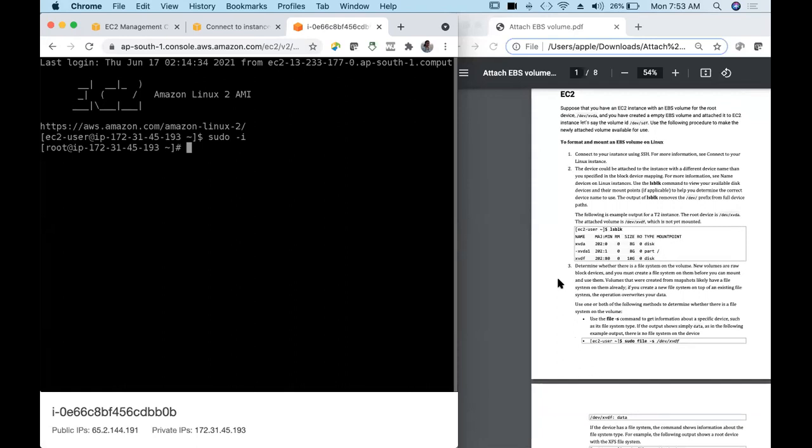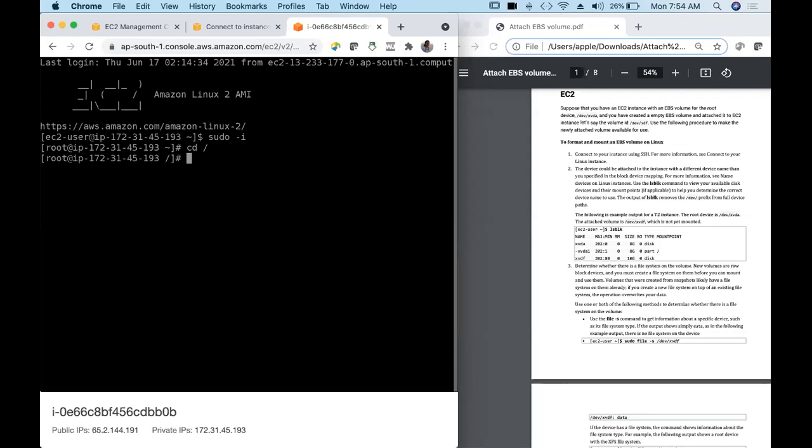Type lsblk. What does lsblk mean? You are listing the disks that are connected to this EC2 instance. It's best practice to start from your root directory or parent directory.